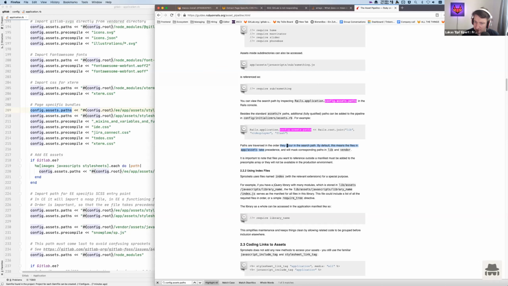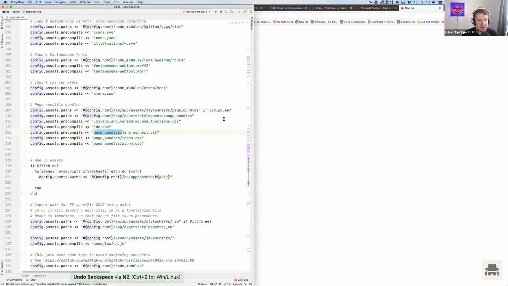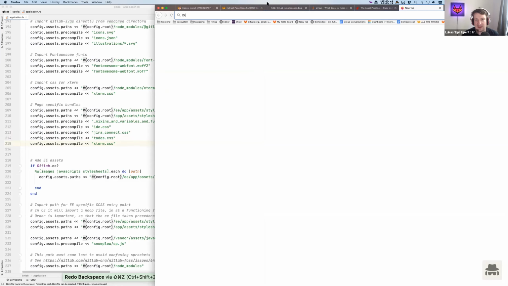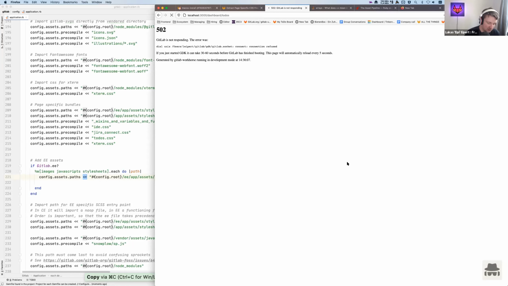Okay, paths are traversed in the order they occur in the search path. By default, this means the files in app assets take precedence, and they will mask corresponding paths in lib and vendor. So this probably means that we are currently appending the paths. Let's maybe return to the logic we had. Let's keep it like this and see what happens. But I would say probably what we want to do is instead of this, which